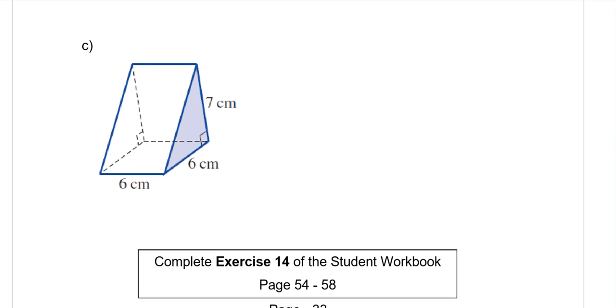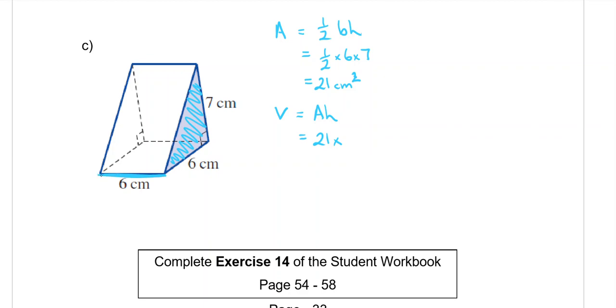Last question, C. This is a triangular prism, which means I need to find the area of the triangle first before I can find the volume. Area of a triangle is half BH. The base and the height of the triangle is 6 and 7. Half times 6 times 7 is 21 centimetres squared. Then to find the volume, it's V equals AH. The area that we just worked out was 21. The height of the prism is the one going backwards from the triangle, which will be the 6 across the bottom there. 21 times 6 is